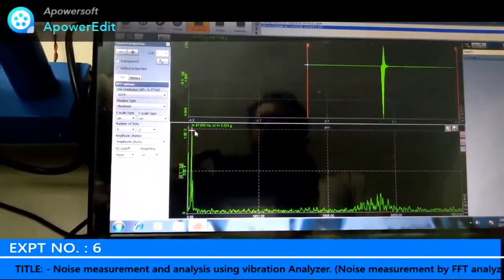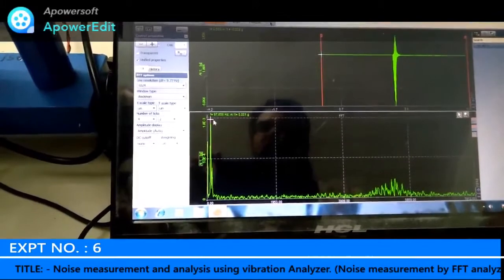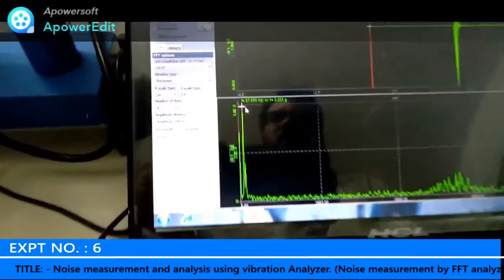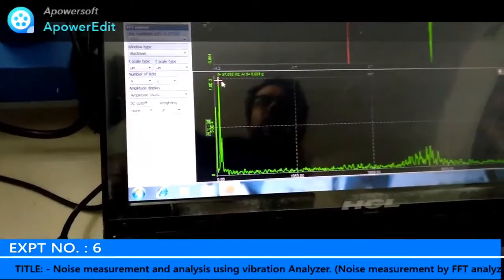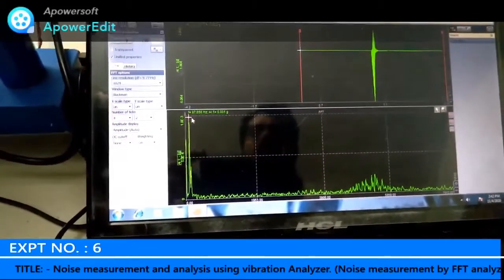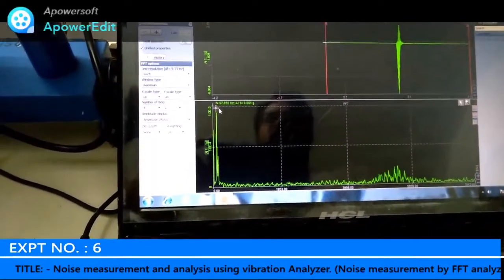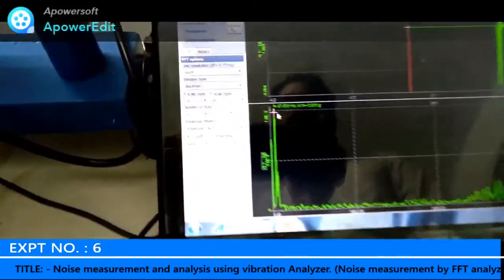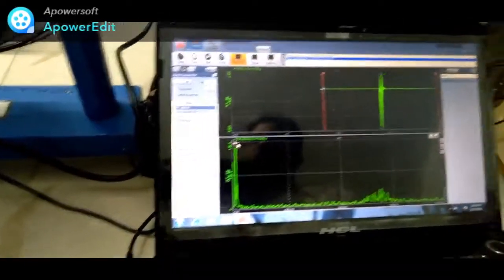At the first peak, our natural frequency is showing 97.656 hertz. So by FFT analyzer we got the natural frequency of the given cantilever beam as 97.656 hertz. The same natural frequency we should get with the help of the analytical solution. That analytical solution we will see.